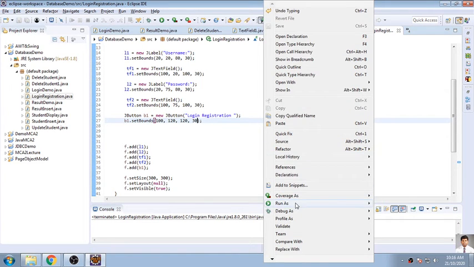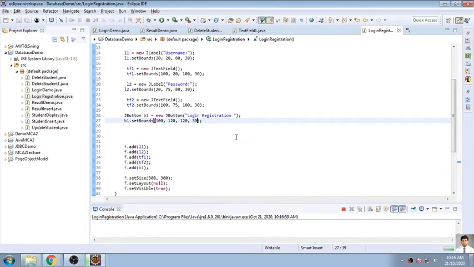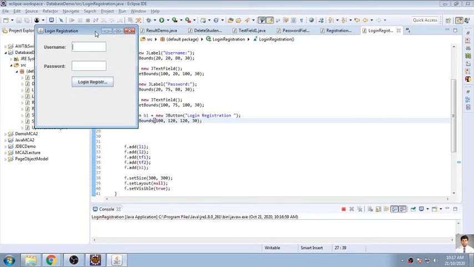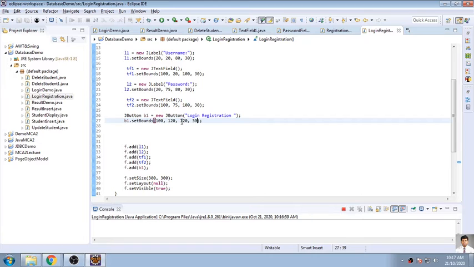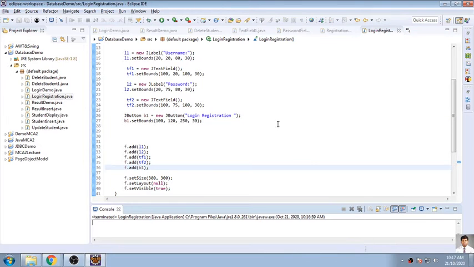Designing takes more time, because as far as look and feel, I need to increase the size again, so it should be 250. We'll see how it looks now.